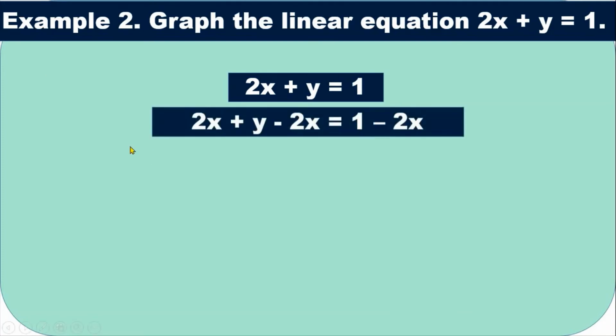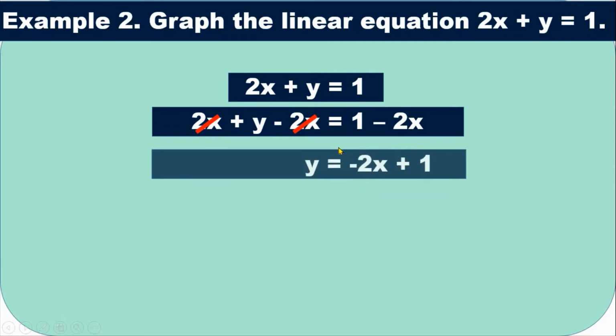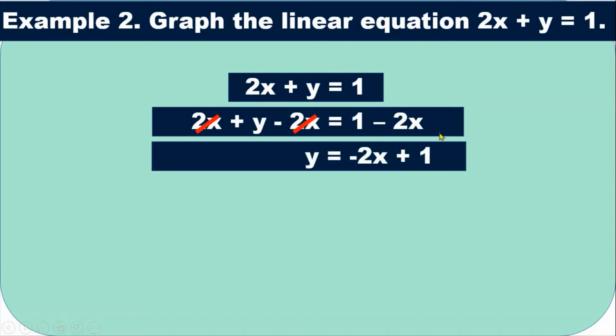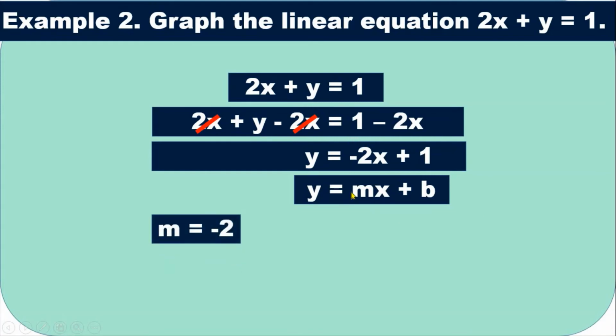Let us subtract 2x from both sides. 2x plus y minus 2x is equal to 1 minus 2x. Subtracting 2x and 2x, that makes 0. y is equal to 1 minus 2x, but since addition is commutative, we can write the negative 2x first before the plus 1. Now this already takes the form y equals mx plus b, where m is negative 2, the